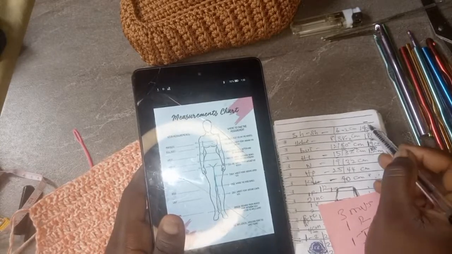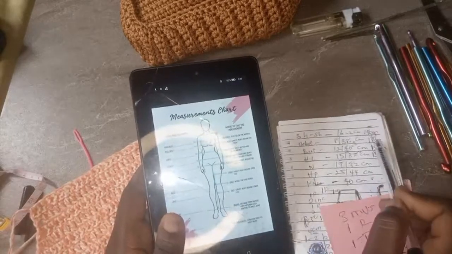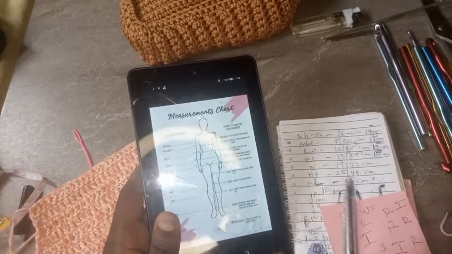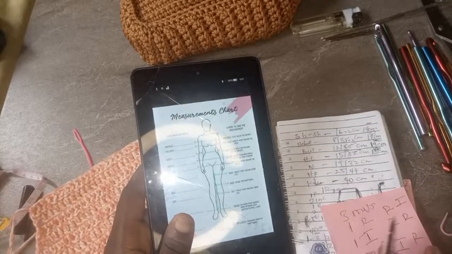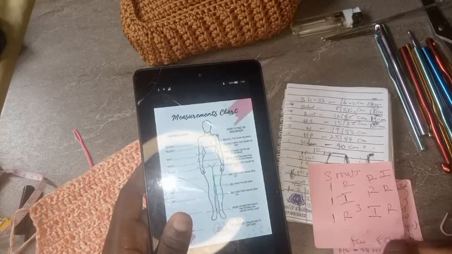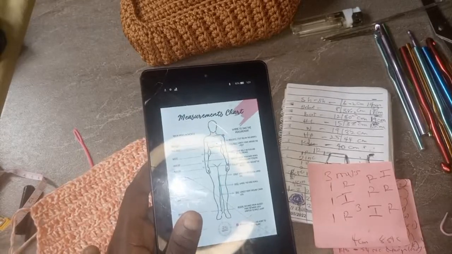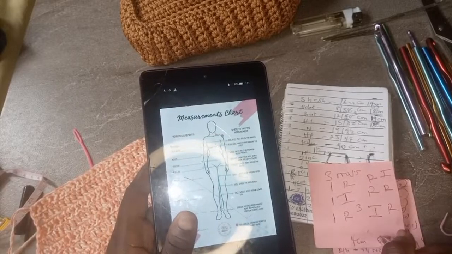Can you see? The same thing we have here. If you remember what we had here too, 4 centimeters, and 4 centimeters will give you how many stitches? Remember, we wrote it here. Your 4 centimeters will give you 8 stitches, the same way we measured from our project. Do you understand? So it's going to give you 8 stitches.